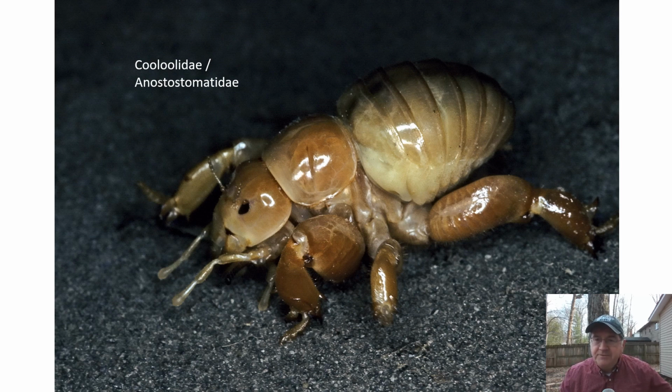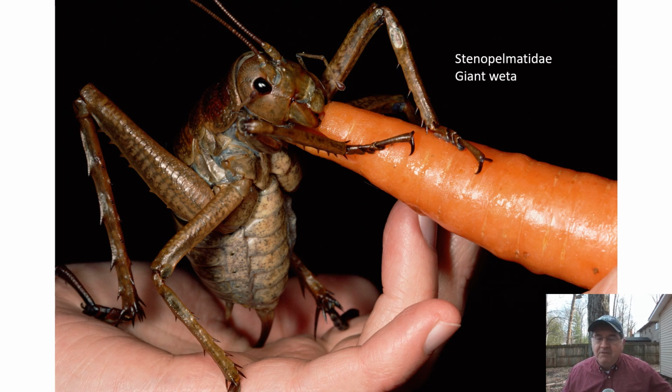And speaking of monsters, the largest of insects in terms of mass. Is that right? Well, let's say one of the largest insects in terms of mass is found in the family Stenopalmatidae, and these are the wettas. Wettas, these families are found elsewhere, but the name wetta is a name from New Zealand, where some of these creatures, as you can see, reach just monstrous proportions. This is, you can easily tell that this is a female, got a very clear ovipositor back here, chewing down on a carrot. So she's